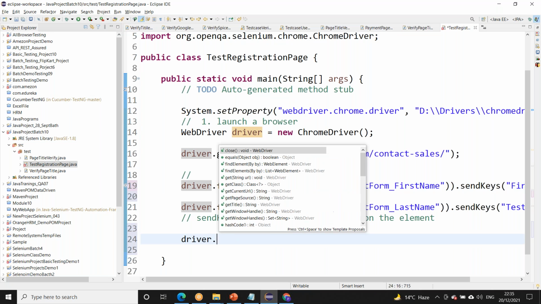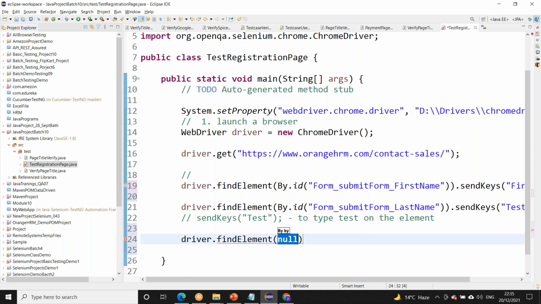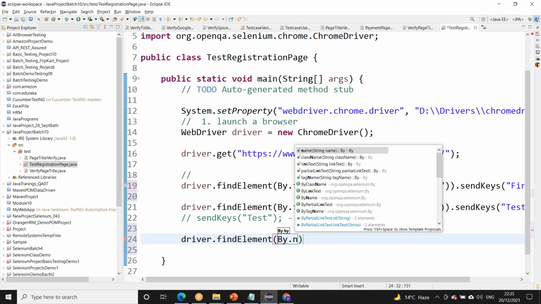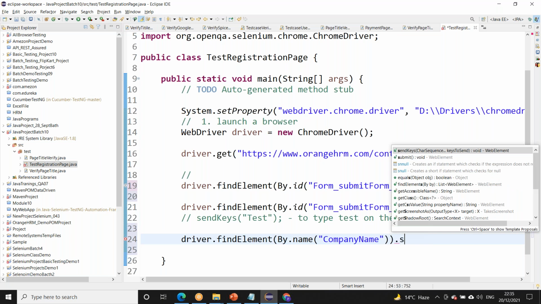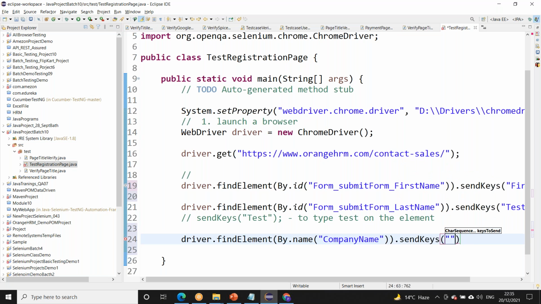So driver dot find element by dot name, and company name, dot send keys, and then I will write company as tech. Okay, and then semicolon.